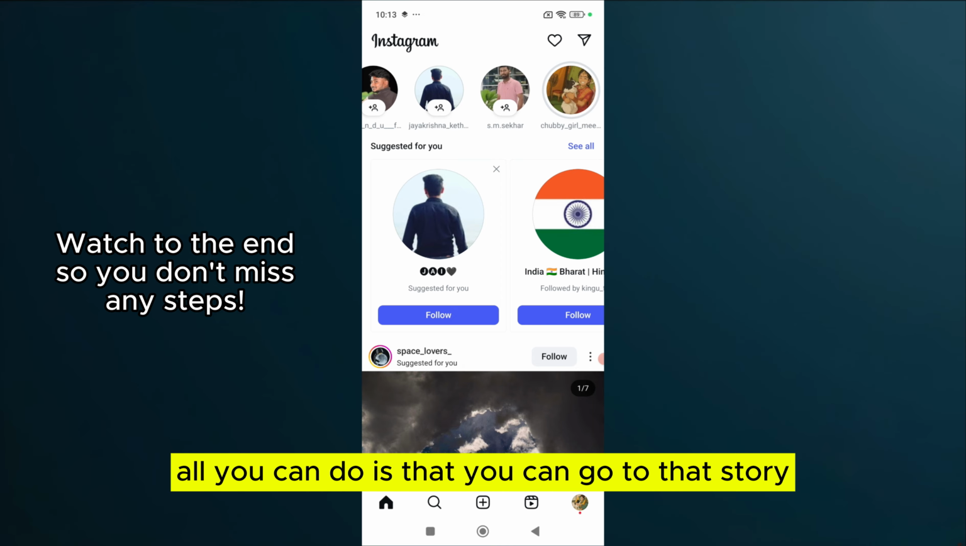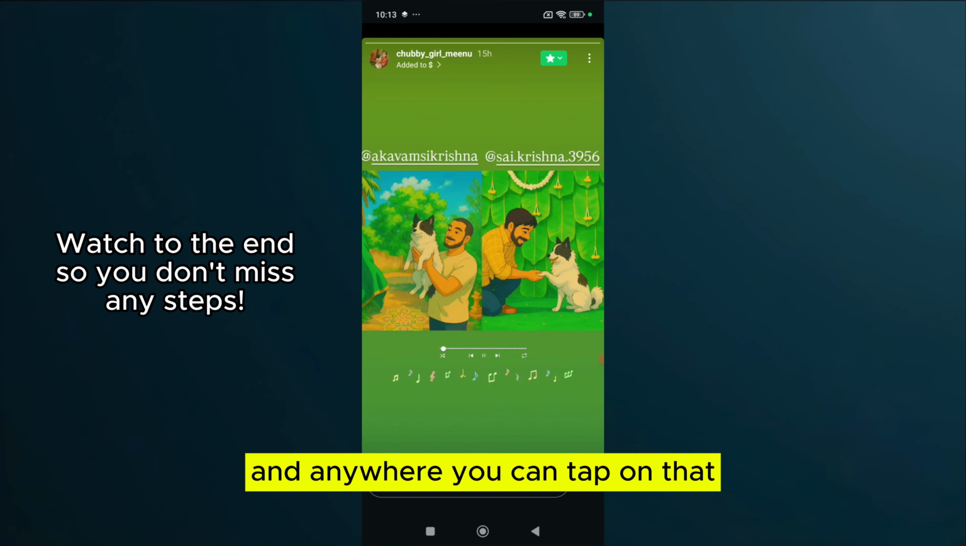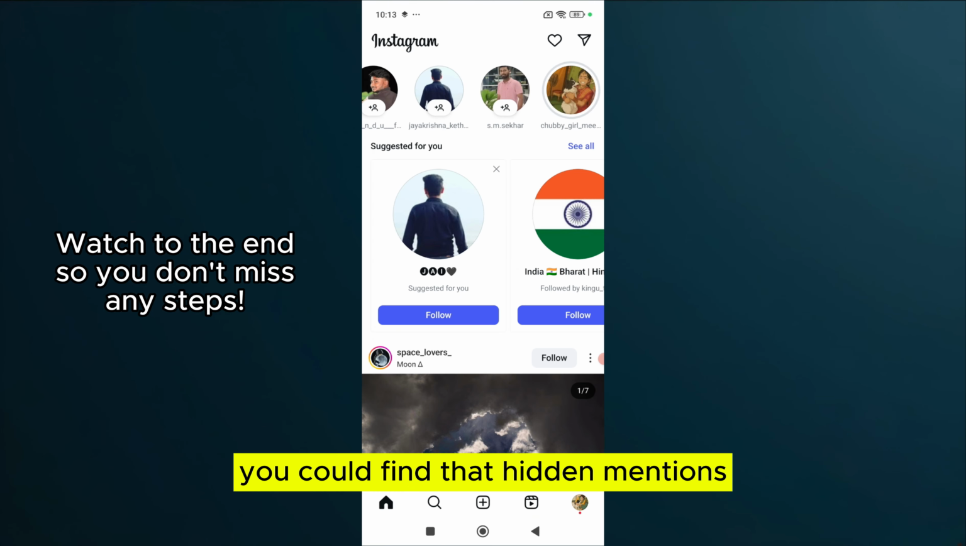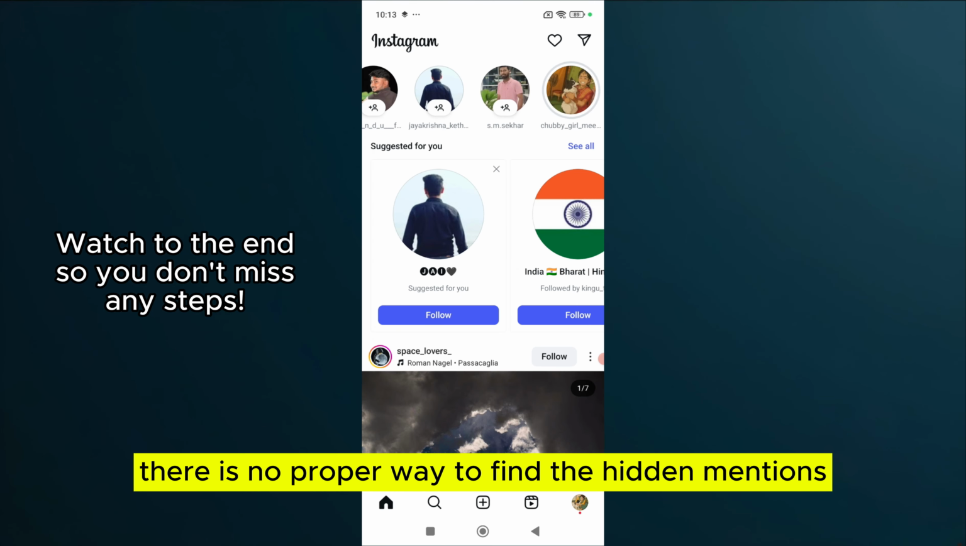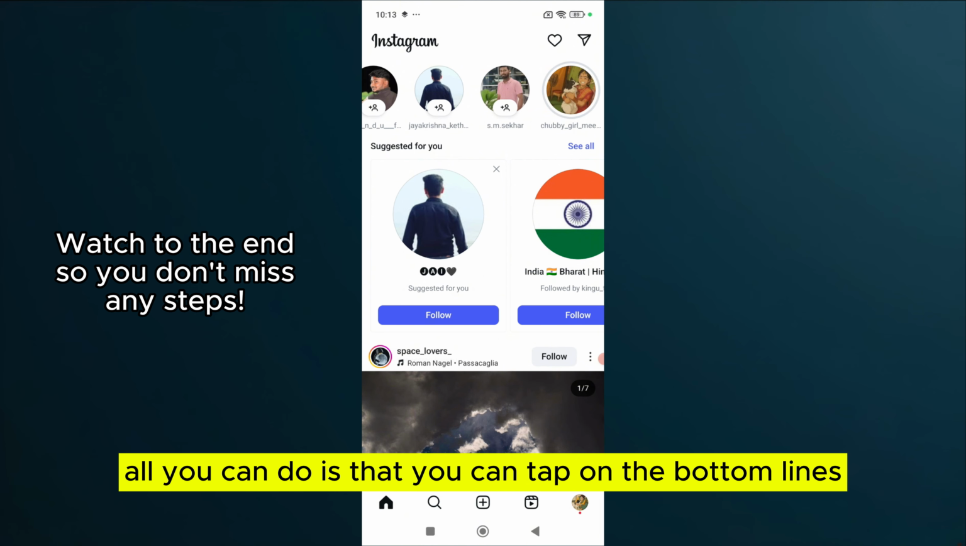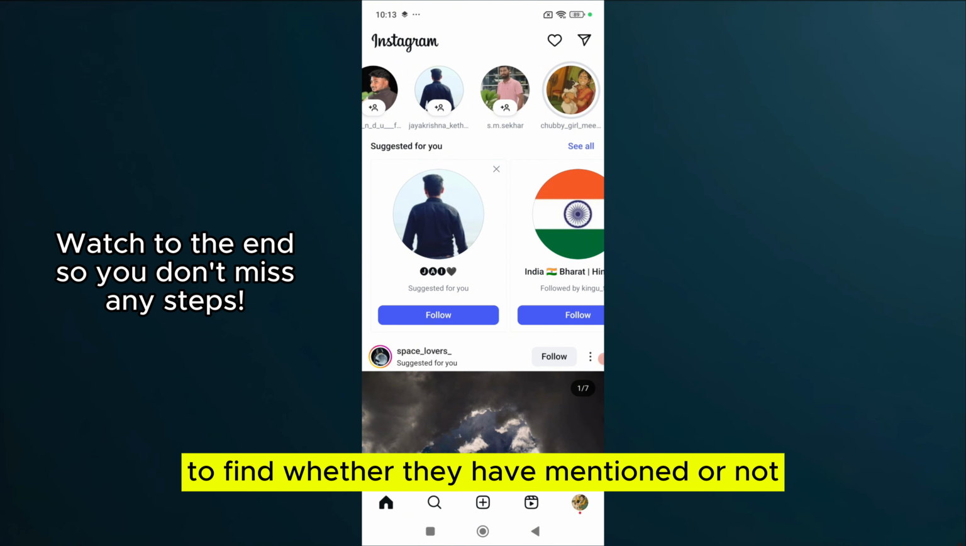All you can do is go to that story, and anywhere you can tap on it, and by tapping on that you could find the hidden mentions. There is no proper way to find the hidden mentions. If they scroll all the way down and have hidden it, there is no direct way to find it. All you can do is tap on the bottom lines to find whether they have mentioned someone or not. Or otherwise, you can tap on that story